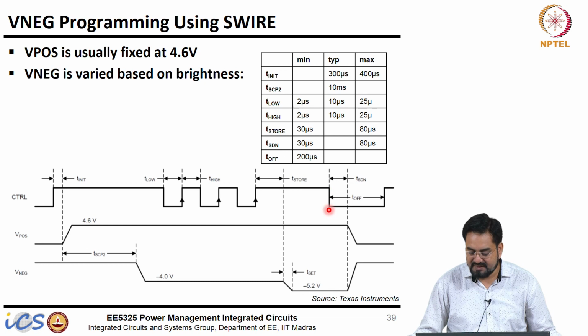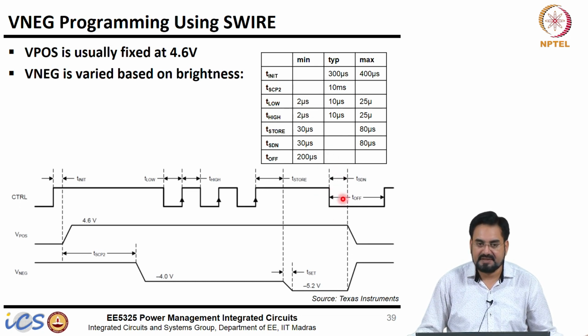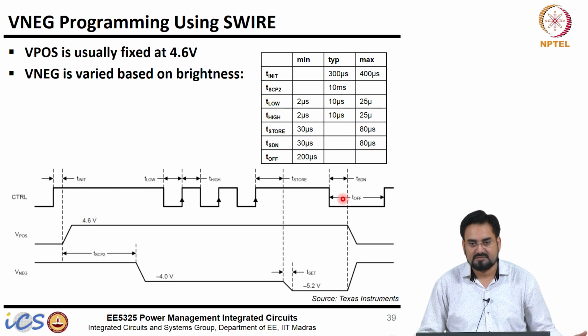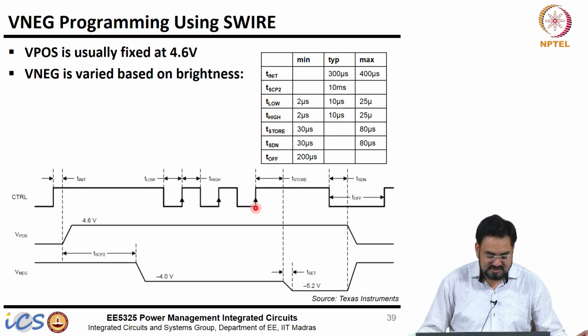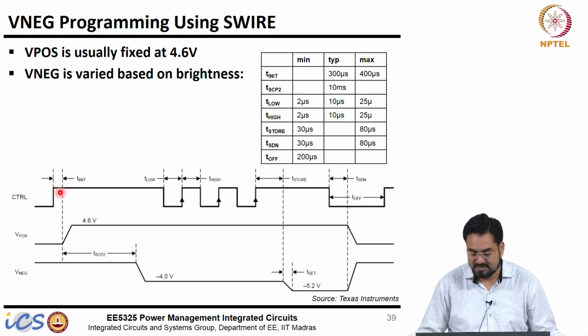If no edges are coming, then you latch the output and set the negative voltage, that is it. Then when you have a negative edge, you again wait for this 30 microsecond, and then it is like a shutdown. Okay. So, if it remains low for more than 30 microsecond, then it will be treated as shutdown, because this is acting as both enable and disable. And T off is basically you turn off everything. So, you shut down and then turn off everything. It is a minimum of 200 microsecond.